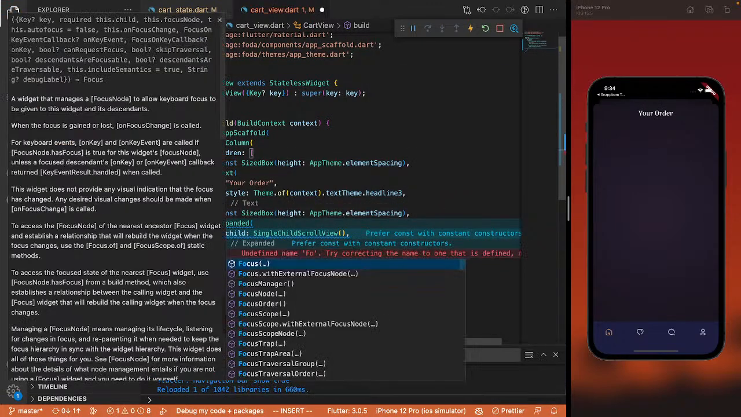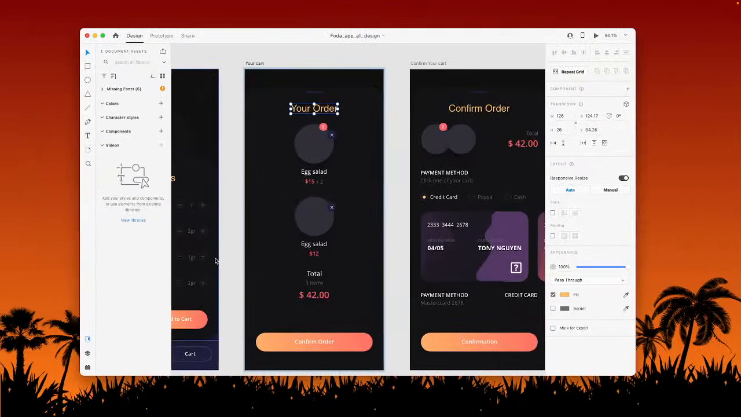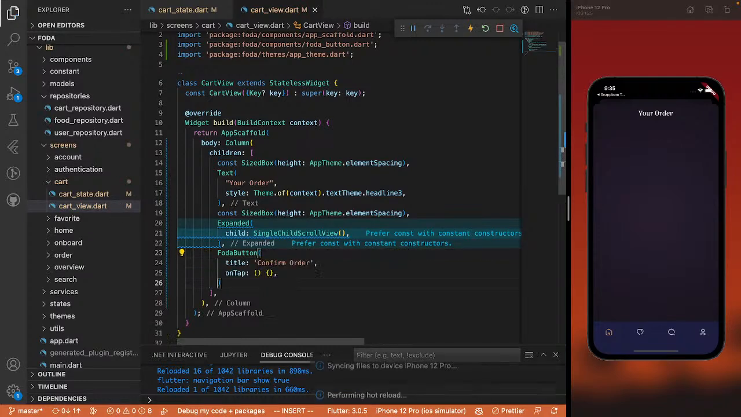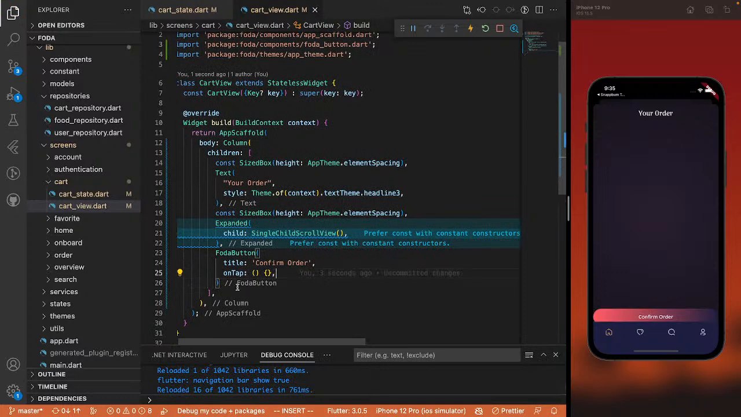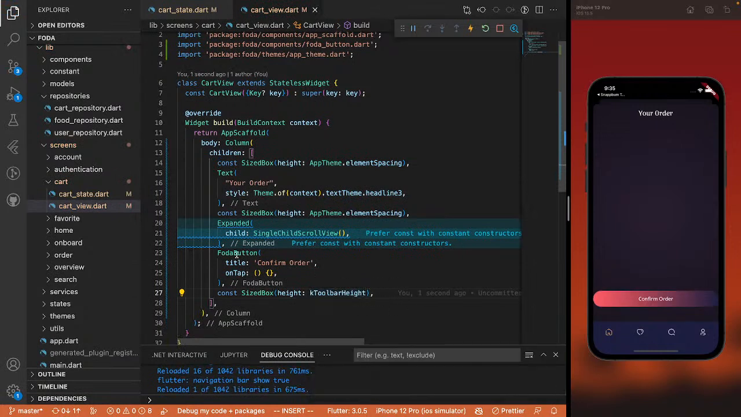And here we just need to have our footer button, and in our footer button we just have confirm order, and the on top we just pass in something like this. And here we are going to bring this size box down here and just do one thing. We used to bring it up